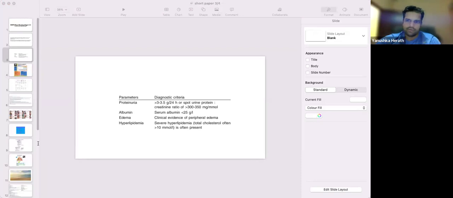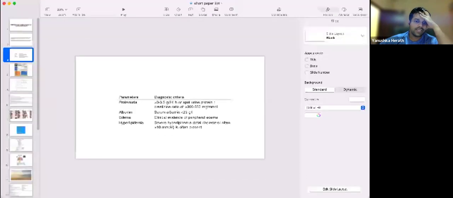Now what you need to remember is nephrotic and nephritic, there is no clear demarcation. It is a spectrum. And in this spectrum, pure simple minimal change nephrotic syndrome is on one side. Nephritic syndromes like post-streptococcal glomerulonephritis are on another side. So most practically also what we see is it's a spectrum. It can be anywhere in the spectrum. So generally, if the blood pressure is towards the higher side, it is more likely to be a nephritic syndrome. So the answer is wrong.